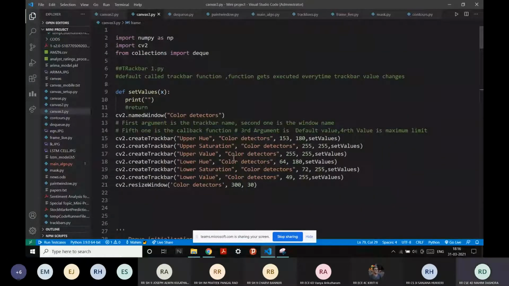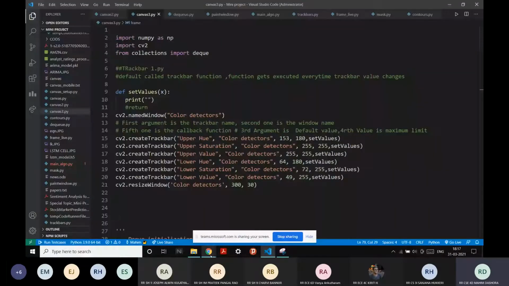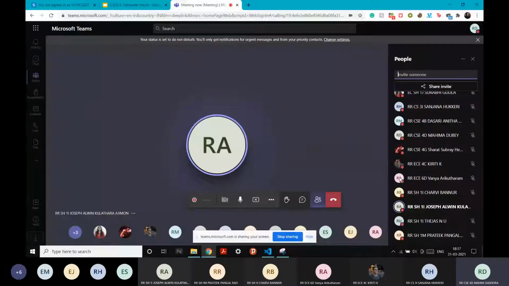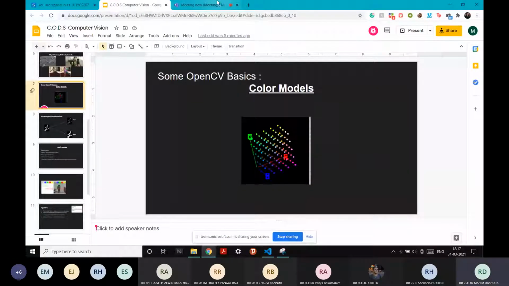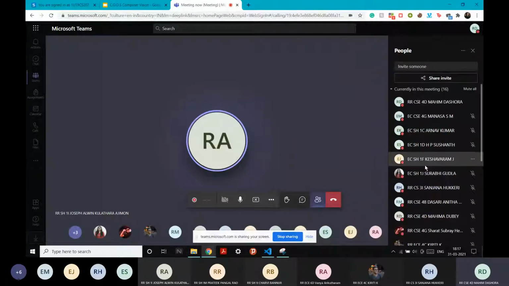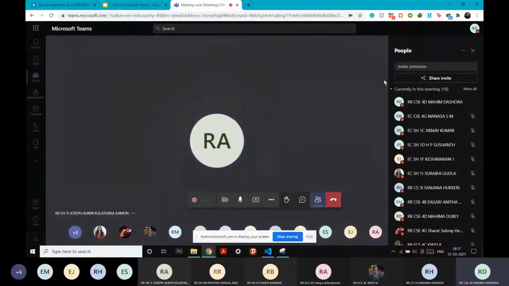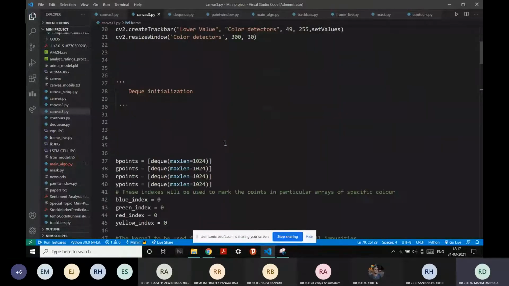Could you go to the BGR part in the code, at the bottom?